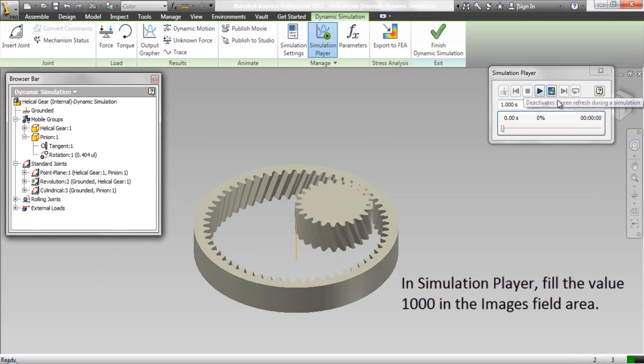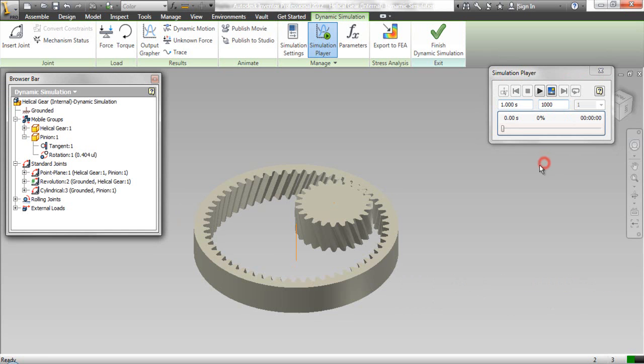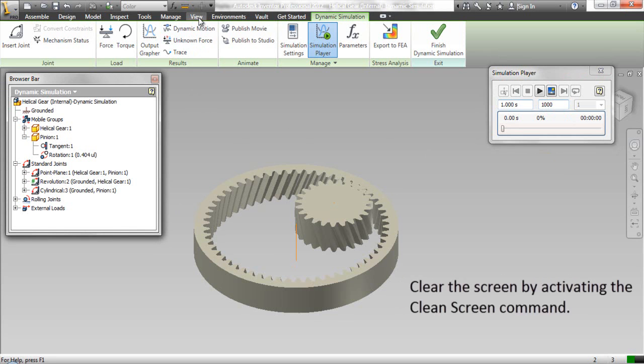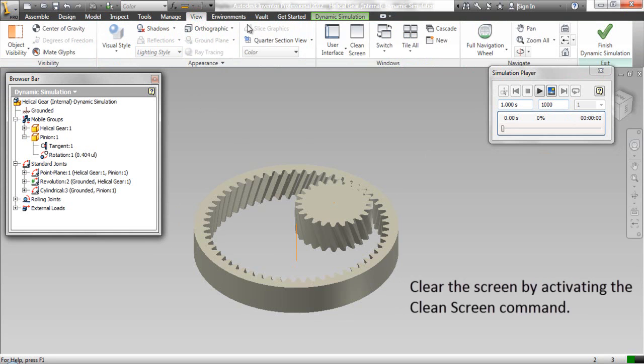In Simulation Player, fill the value 1000 in Images field area. Clear the screen by activating the Clean Screen command.